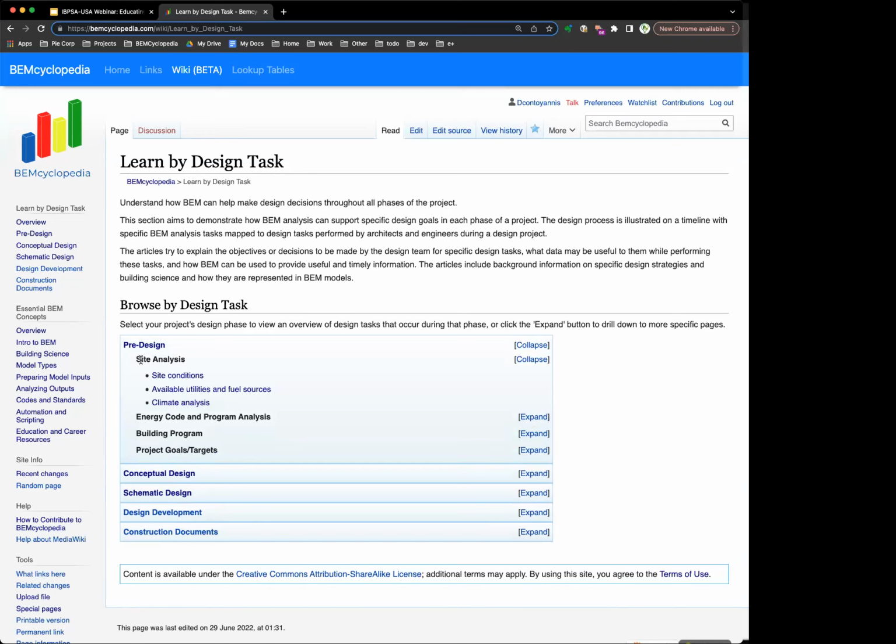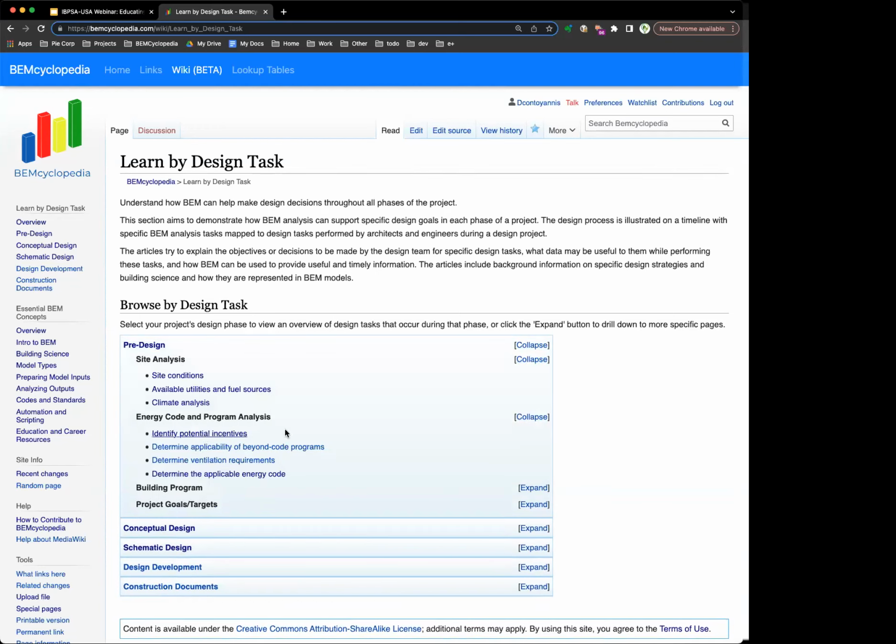And each of these headings, site analysis, energy code and program analysis, and so forth, these represent things that the design team typically does during this phase. They're not necessarily energy modeling specific activities, but they are common to most design projects. But when we drill down to the next level, these bullet points are things that you as an energy modeling professional can do to assist the design team with this sort of bigger picture goal.